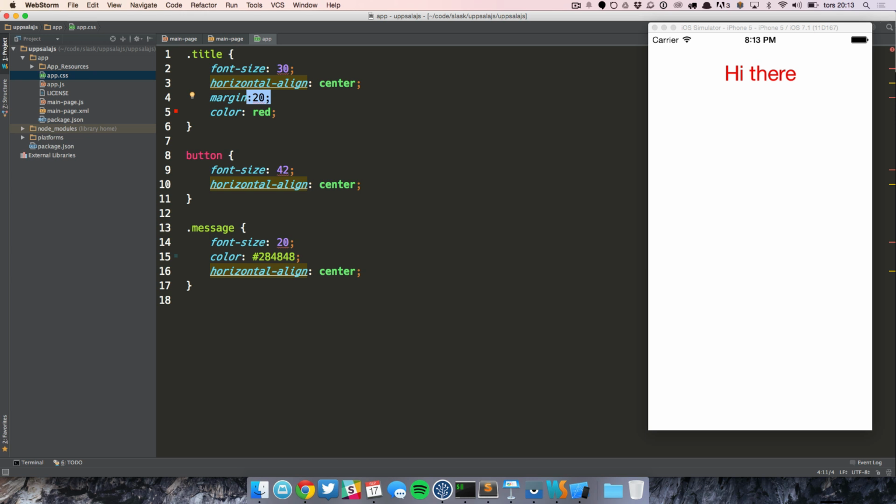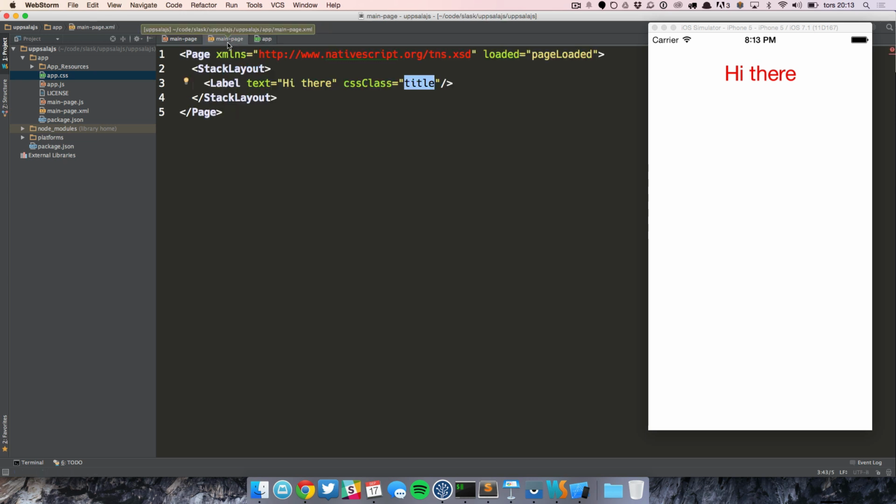Because the pixels on devices could be quite different, as you have these Retina devices or XHDPI devices and stuff like that. These are pixel independent units. And then we have things like horizontal align. So it's not really CSS, but you can use what you knew of CSS. All right, I'm going to show you